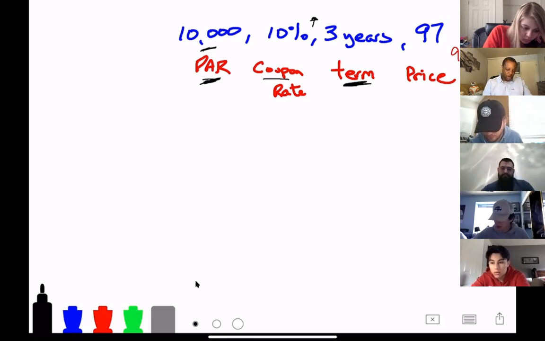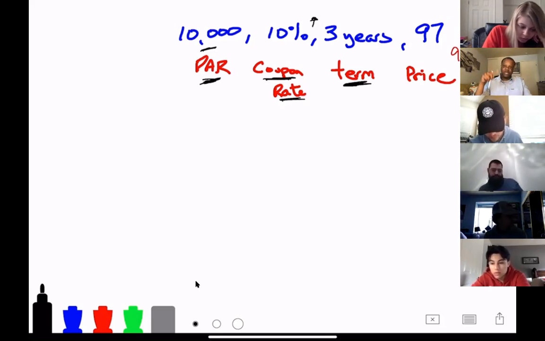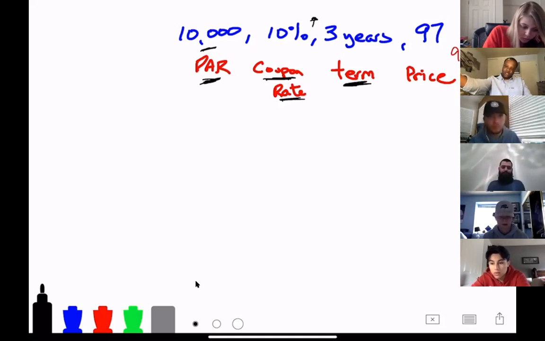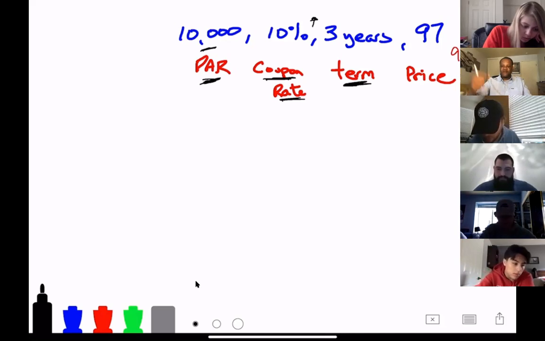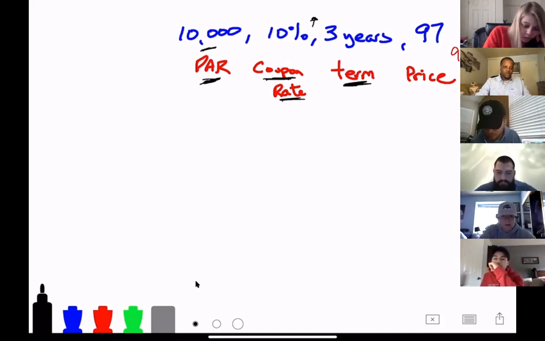So that's why we have a discount. When the contract is set up, that coupon rate is fixed. And as the interest rates fluctuate up, down, we see that it's either more advantageous to invest in the stock market or somewhere else, or it's less advantageous to invest somewhere else. We want to invest in the bond.